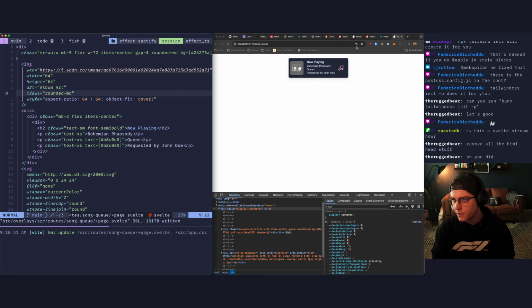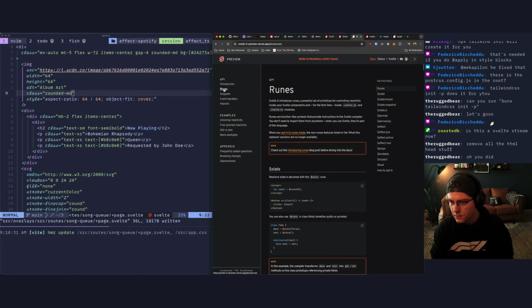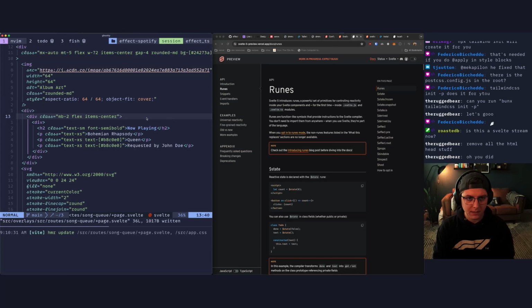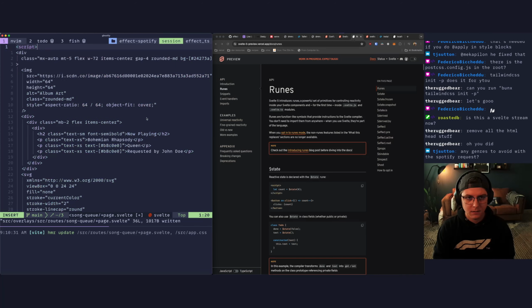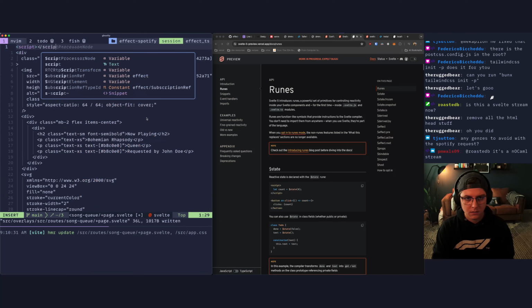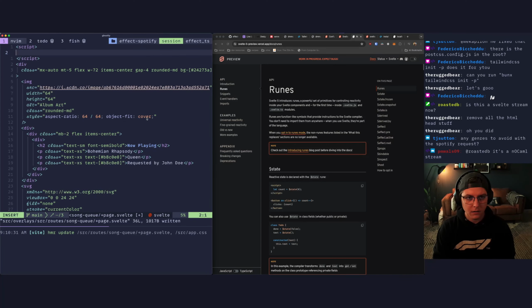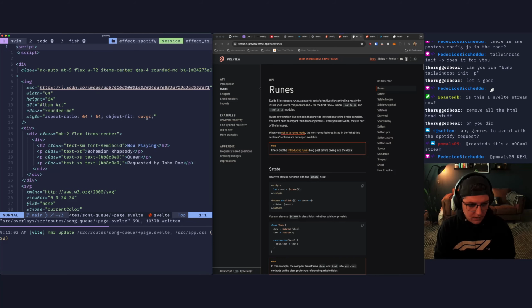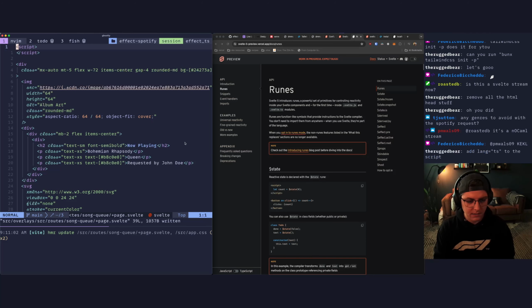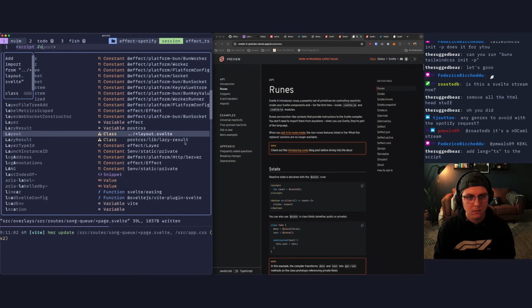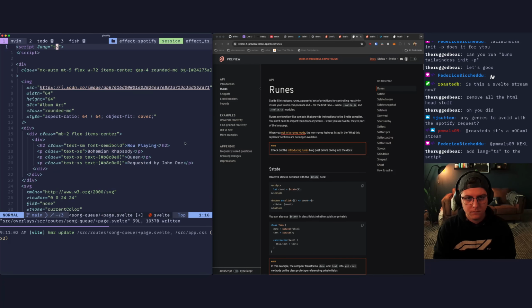All right, so now we should be able to like, how do I do, we have a rune. So we're gonna wanna make like a script up here. We'll say script, and we'll close that bad boy up. And in here, we're gonna wanna like do a fetch. Nope. Everything's fair game on the song request right now. Add lang.ts to the script. Cool.